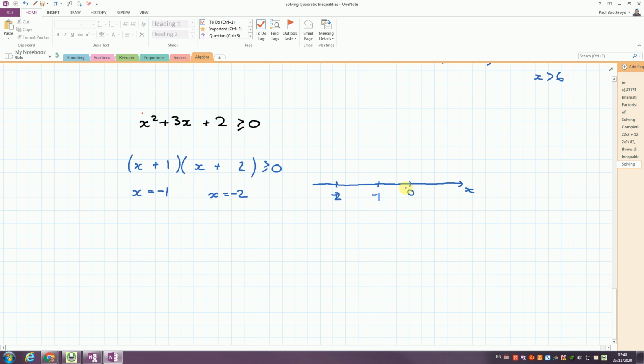We can do it by trying values. So when 0 goes in, we know this side is positive. It's a +2. You could and should try other values elsewhere, but we now know in this region, in between, it is negative, and on this side it is positive. Now the ones we are looking for are positive answers, so we want this region here,